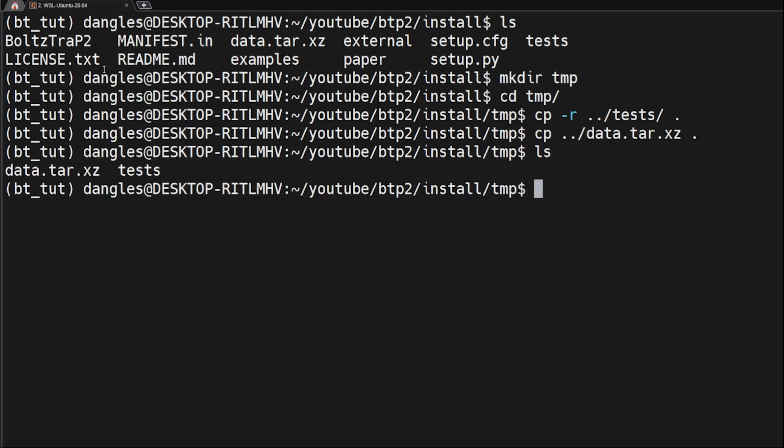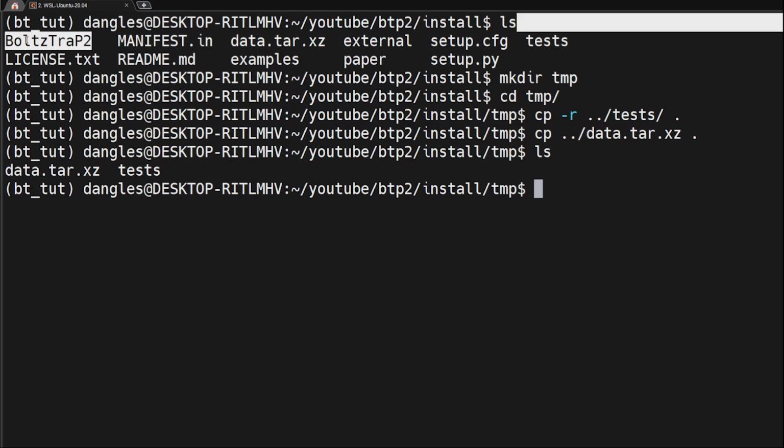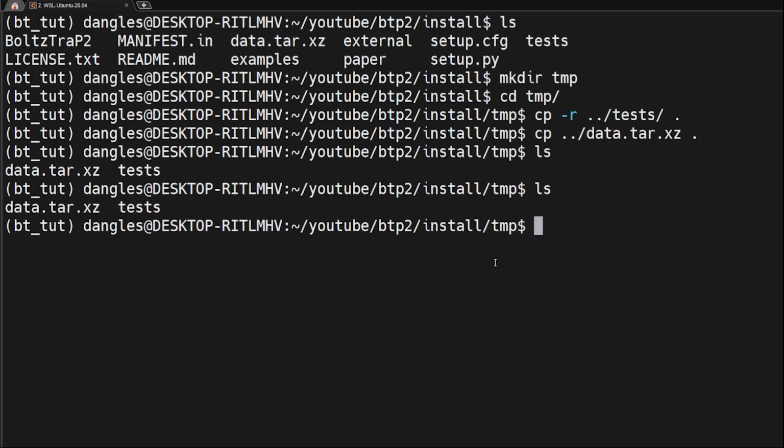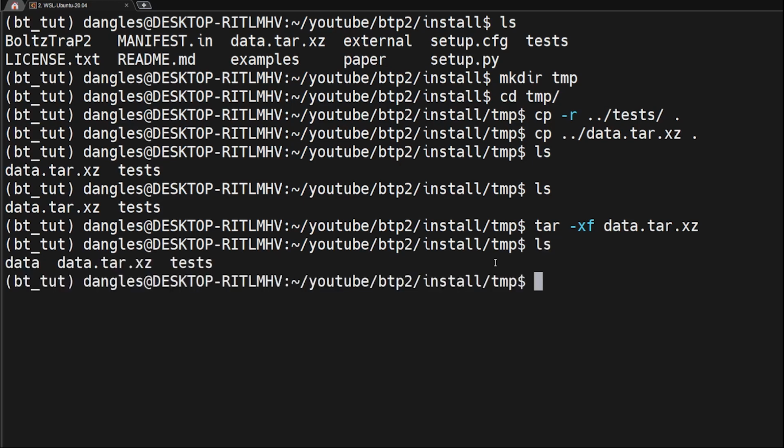The reason I'm doing this is because we have this BoltzTraP2 folder where we just git cloned, and it has an init.py in it. And so if you run the tests from there, that's not the one we actually installed with pip, and so it could give us some problems. It might not, but let's untar this data file, ls, and now let's do pytest